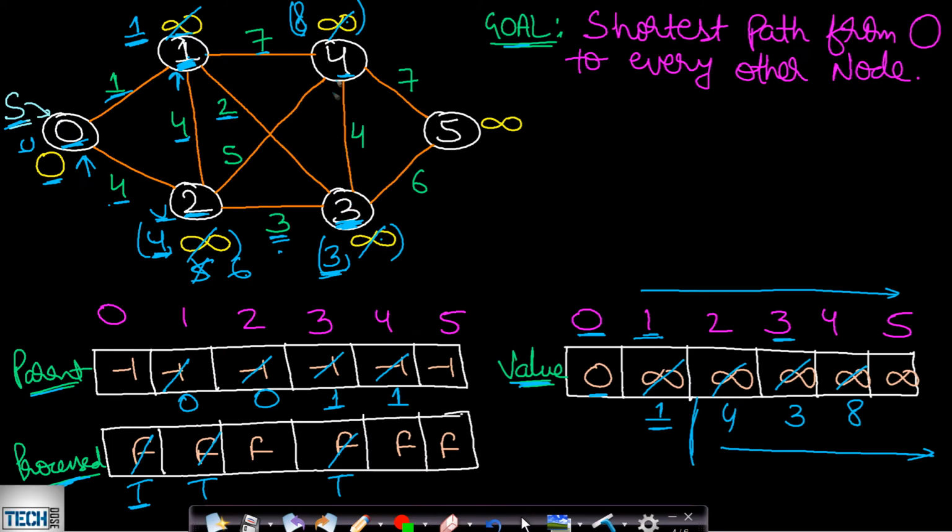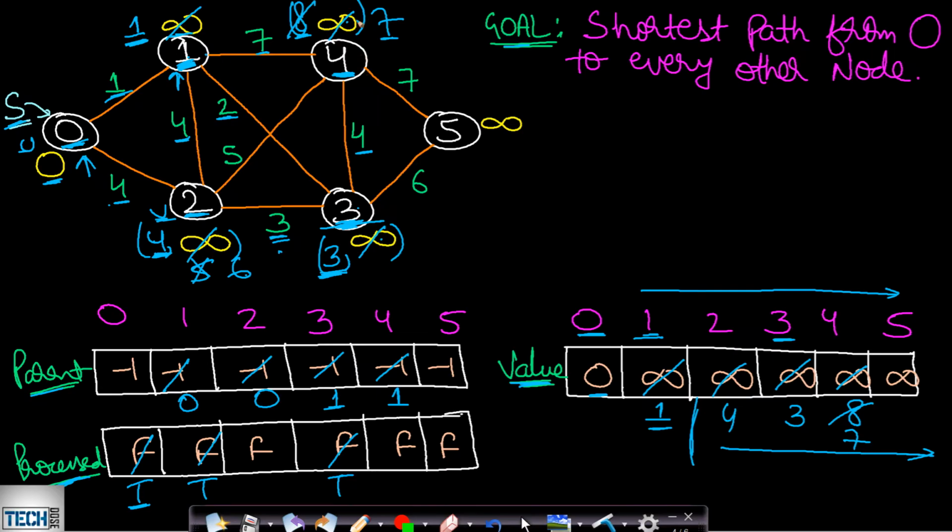Now from 3 there is an outgoing edge to 4. Now what is the cost to reach this 4 from 3? It is 4. And what is the cost to reach this 4 starting from the source node via this 3? Via this 3, the cost will be equal to the minimum cost to reach this 3 plus the edge weight of 3 to 4. So that will be equal to 3 plus 4, which will be 7. Now you can see that the already found minimum cost was 8, and now we have found a new weight which is 7. So 7 is lower than 8. Therefore this 8 will now be replaced with 7.